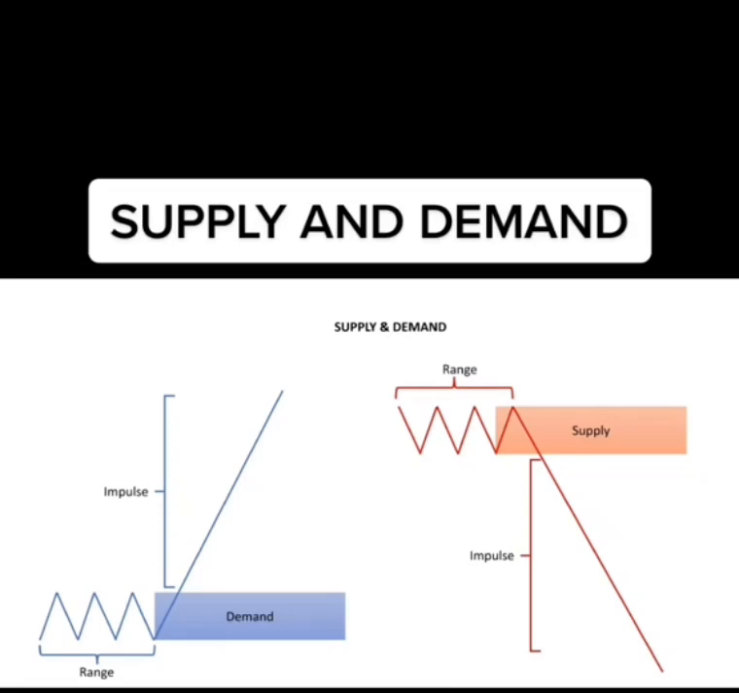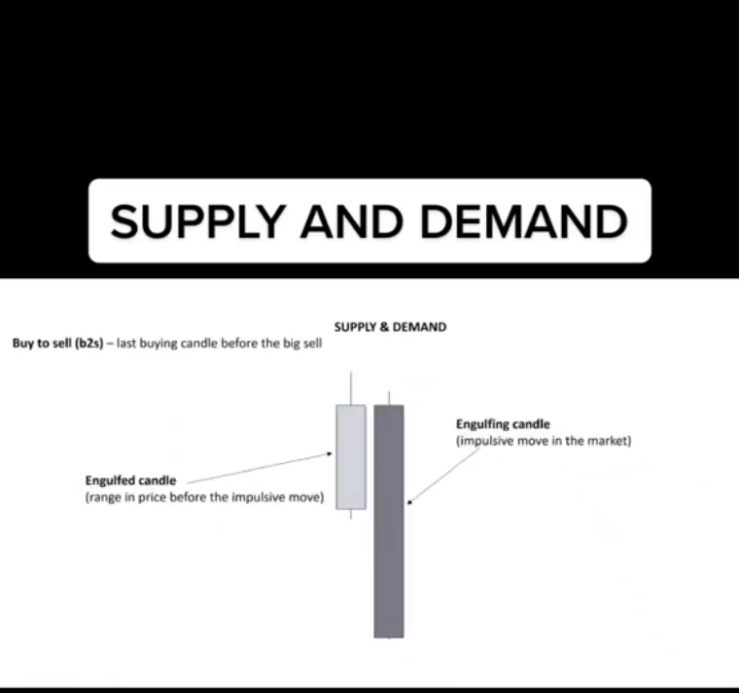Let us see how this type of price action is represented using candlesticks. This is what we call a buy to sell candle, and it represents the area where supply got into control. The engulfing candlestick represents impulsive move in the market. The engulfed candle is considered as the range in price before an impulsive move. This is what we look for when marking out supply zone. When marking